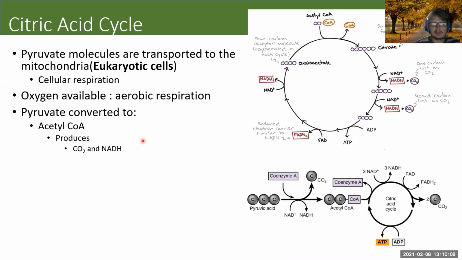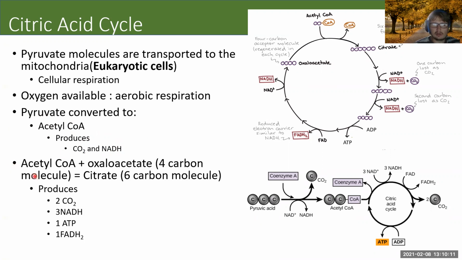Now, that acetyl-CoA will then go on to the citric acid cycle, which is this cycle shown here. So that acetyl-CoA molecule comes in here and goes to that citric acid cycle. Now, the citric acid cycle is the 3rd step. So we have glycolysis, we have the prep step, and then we have the citric acid cycle. The citric acid cycle takes that acetyl-CoA